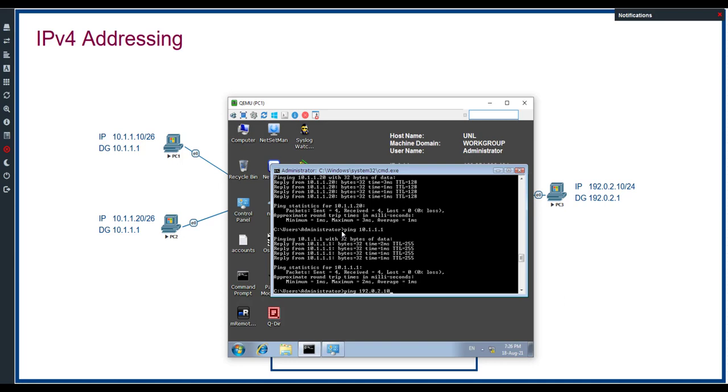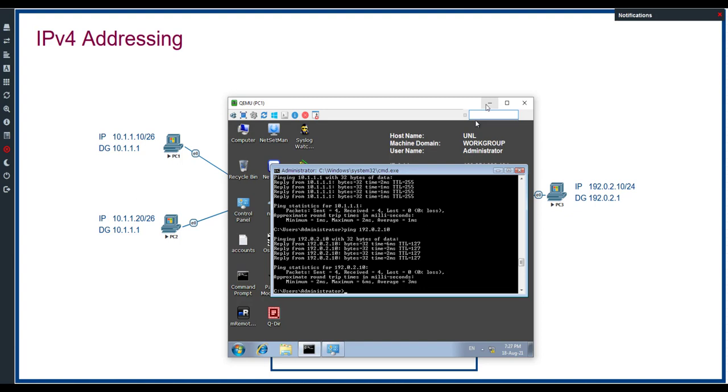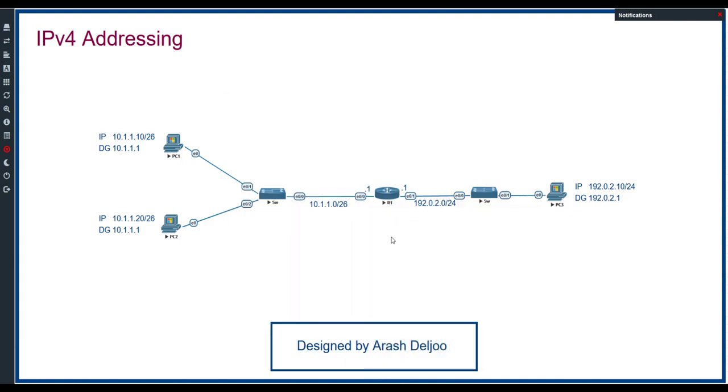0 to 10. Okay, that's it. Look at here, we have connectivity without any problem. Why? Because our IP addressing is correct, our subnet mask is correct, our default gateway is correct. If you, for example, configure some of them with a mistake, one of them, you will experience some problems